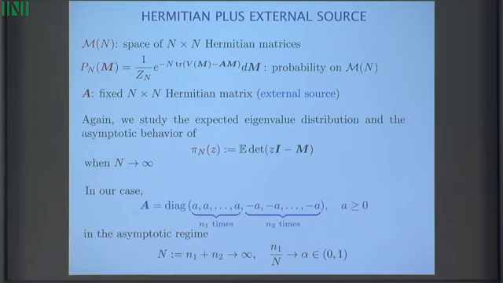And the question is, we go to infinity. We send the total size of the matrix to infinity, but obviously now you have 2 parameters, n1 and n2. You have to decide how you send them to infinity. Assume we go along a certain ray, so they grow proportionally. That will be another parameter in my problem now: the proportion of the dimension of eigenvalue A and eigenvalue minus A.